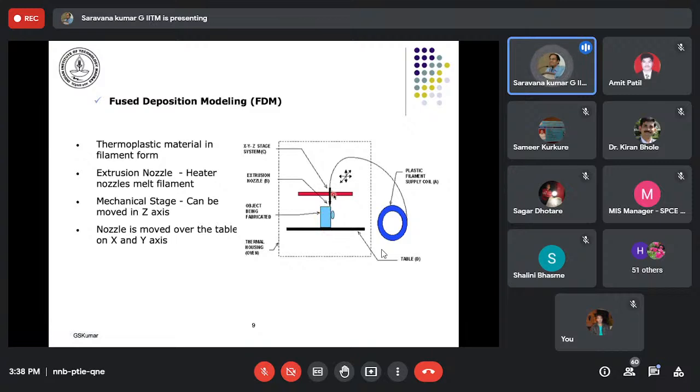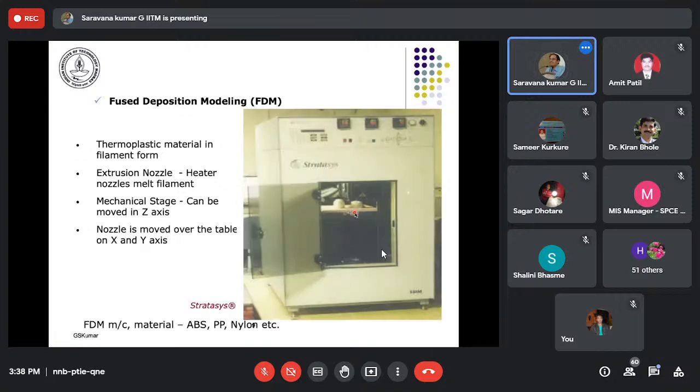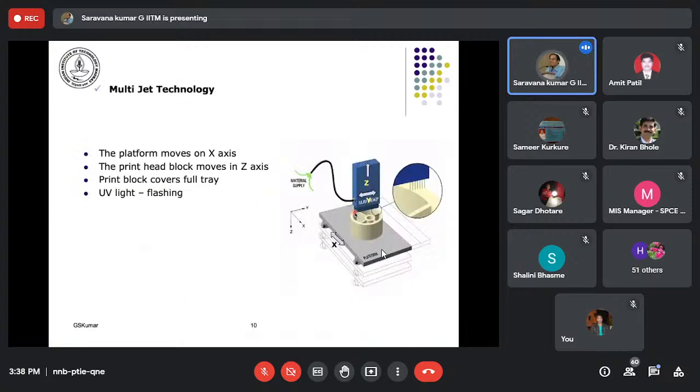So this is an xy table, and this is a z table, and selectively the material is deposited, and wherever supports are required, a support of a different plastic or a different material is deposited with a nozzle. So this is one of the commercial configurations from a vendor, and again you have materials like nylon, PP, ABS, different grades of plastics.